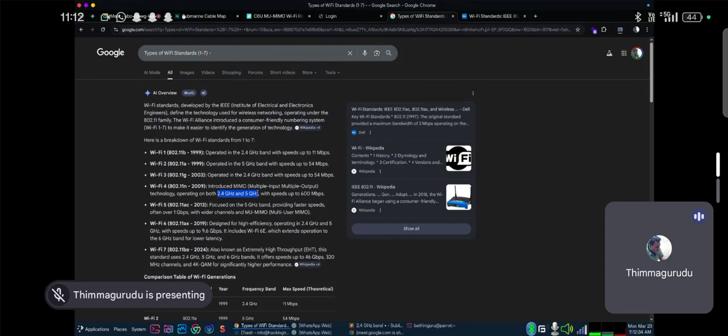Wi-Fi 4 is an outdated router. It can give a maximum speed of 600 Mbps. Remember, later they introduced routers that focused more on the 5 gigahertz band. Okay, so they gave a faster speed up to 180